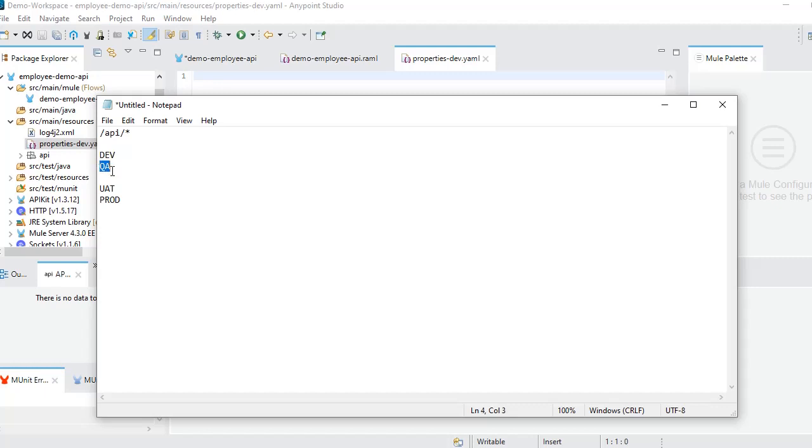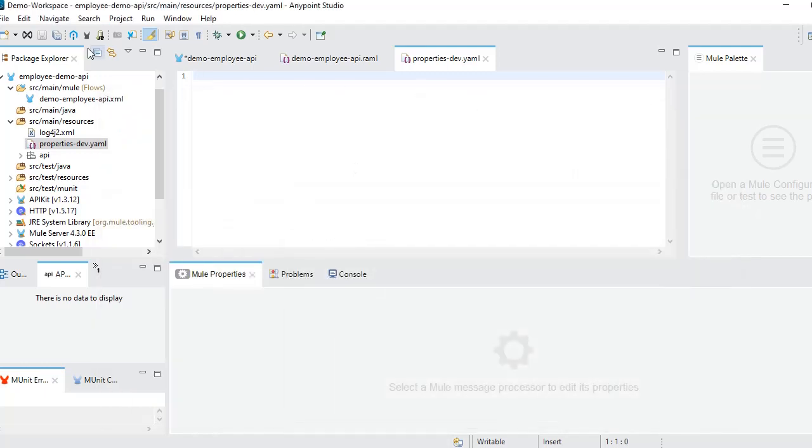Then we move the API to the QA environment, where QA testing will be done. Likewise, we upgrade the deployment until prod. Prod means the final environment where the application will go live. So we have to deploy our applications in different environments with different credentials. To do that, we need to send the different credentials in separate properties files.